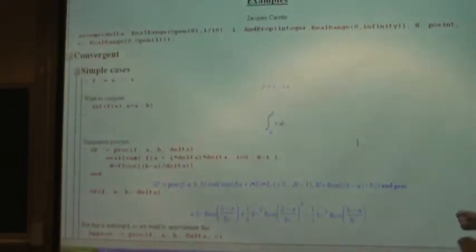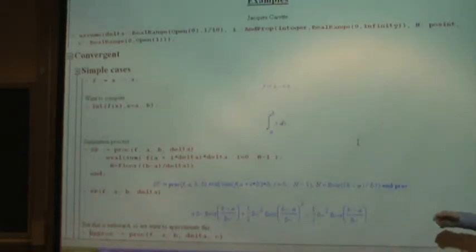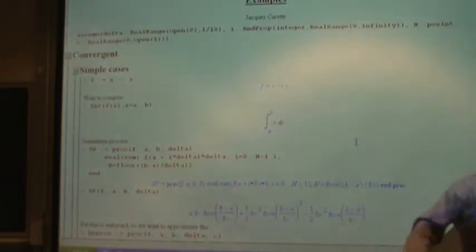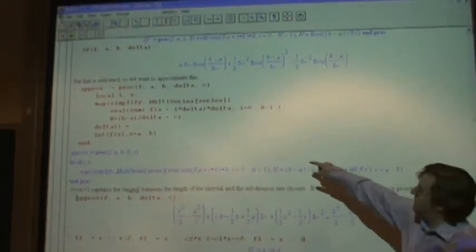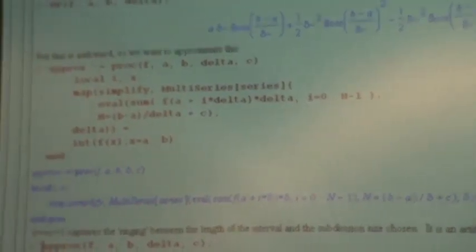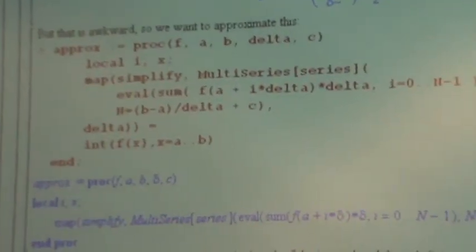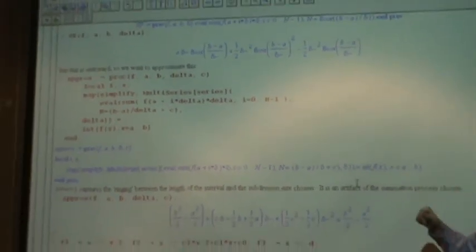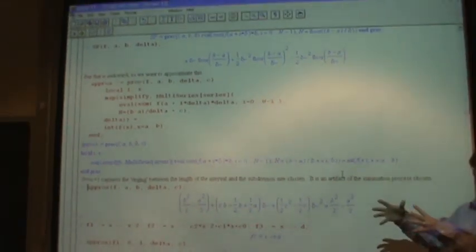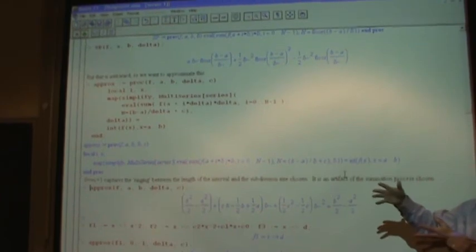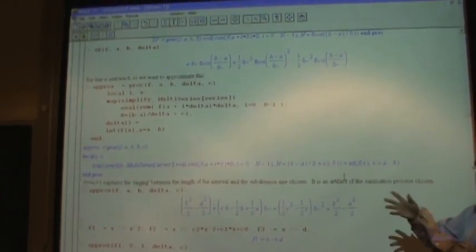You're approximating and you're getting this great big mess, and at the next one it'll be simpler to see what's going on. What I'm going to do is I'm actually going to try and figure out as a series, how does that work in delta? Now the floor of (b minus a) over delta, that's kind of ugly. So I'm going to say, well, actually, let's look at it as (b minus a) over delta plus the fractional part of that. The fractional part is something between 0 and 1. So some constant c. I'll just throw that in and